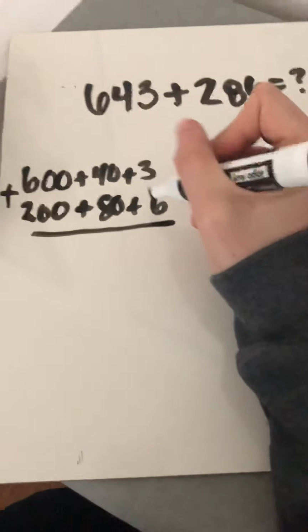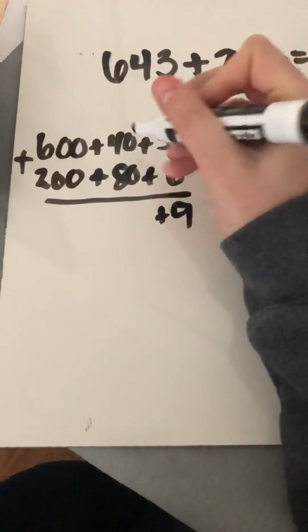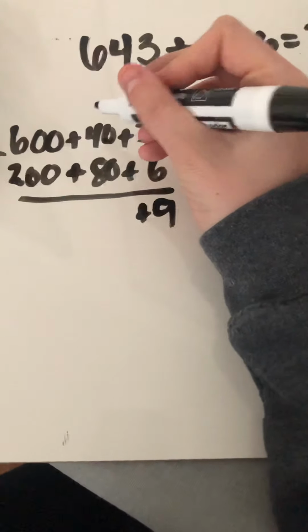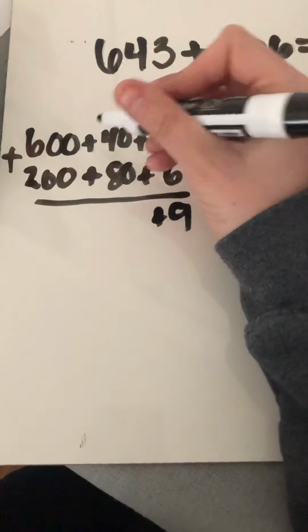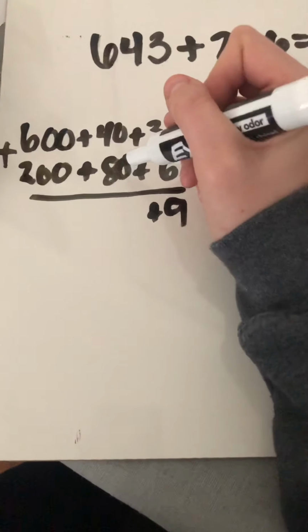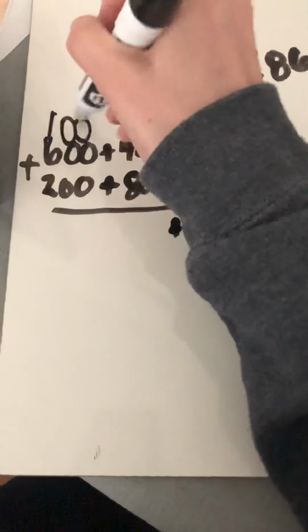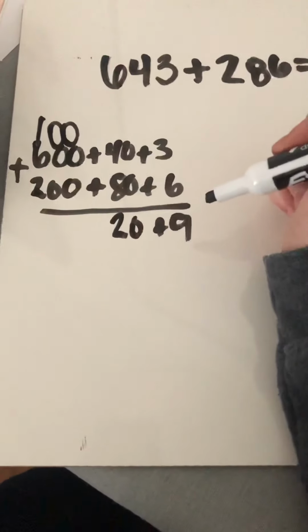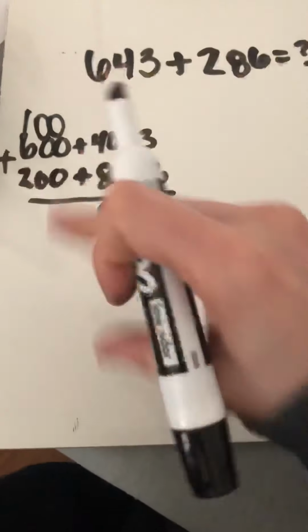All right, we always start in the ones. 6 plus 3 gives me 9. I don't have to regroup anything because I only have 9 ones. I don't have anything to regroup as a 10. Now I'm looking at my tens. 80, 90, 100, 10, 20, 120. If I have 120, I'm regrouping the 100 and I'm keeping the 20 because that's a tens number. So I kept the 20 because it's a tens number and I regrouped the 10 tens into 100 and